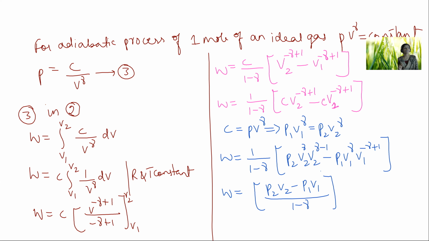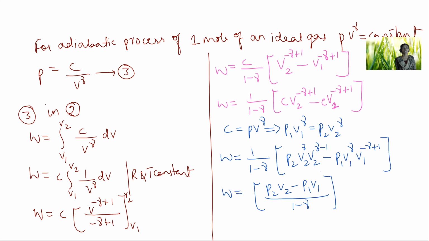Integration of 1 by V raised to gamma, after integrating, gives V raised to minus gamma plus 1 whole divided by minus gamma plus 1. After integrating, we write V1 and V2 at the side. So W is equal to C, a constant, with 1 minus gamma taken outside. In the remaining V raised to minus gamma plus 1, we put the upper limit once and the lower limit once. Once we put V2 and once V1, then multiplying C inside,